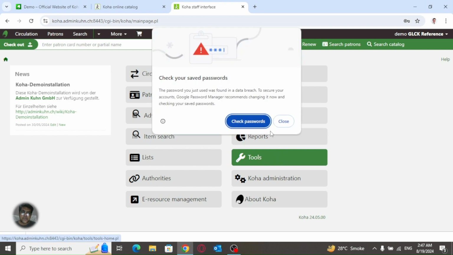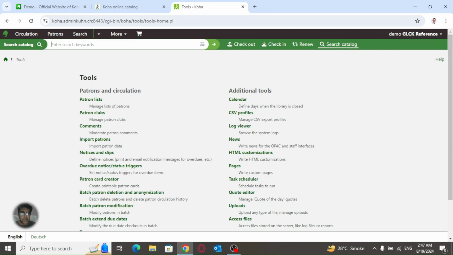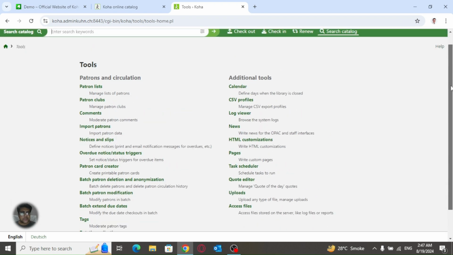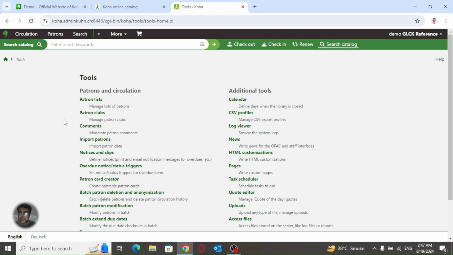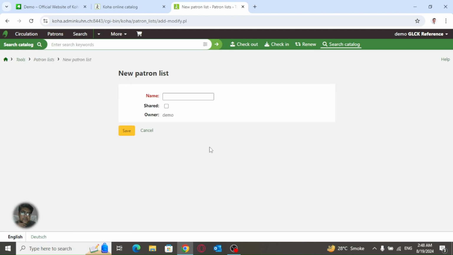And there you can see we have tools here, and this is the default view, and we can check all the tools one by one. So the very first is patron lists. A patron list is a group where we can collect all patrons that we need to work with for patron batch modification, or any list we can create with the patrons. For example, we want to create a new student list,